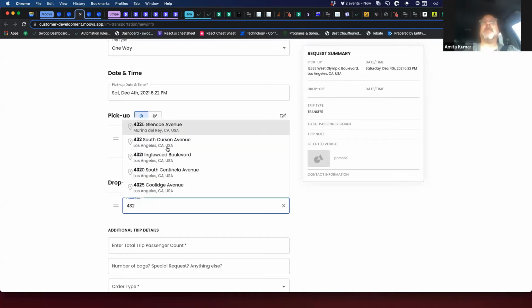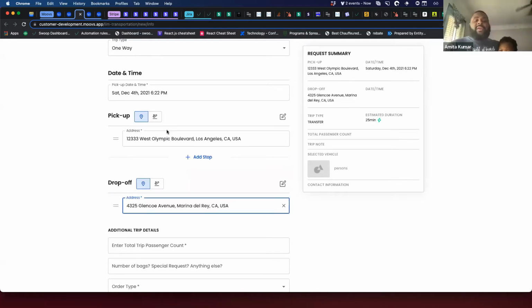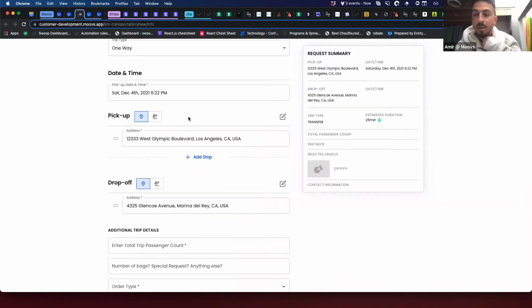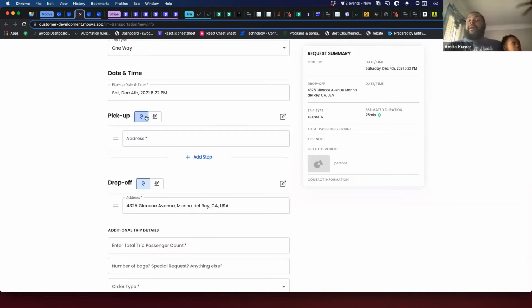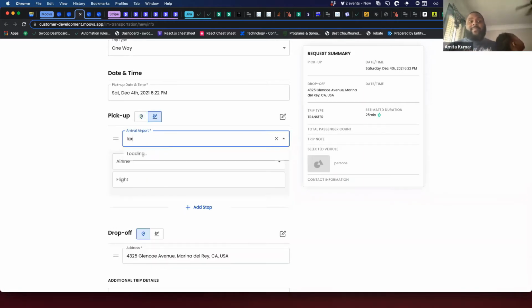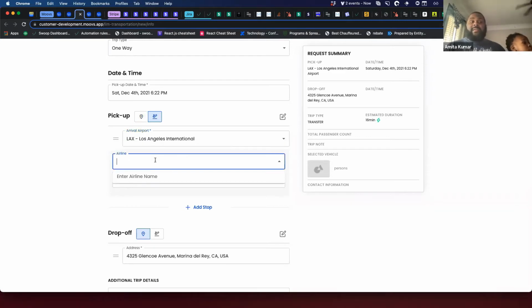Wait, Amir, a quick question for you. Is there any way to make those icons for the pickup stand out more to the customer, to the client? Because the problem that I'm having is they'll order an airport run, but they won't press the airplane button, and so they're not entering in their flight information, where they're coming from and stuff like that.